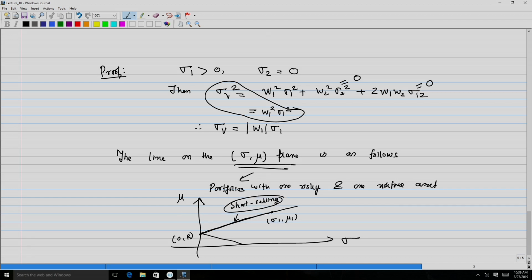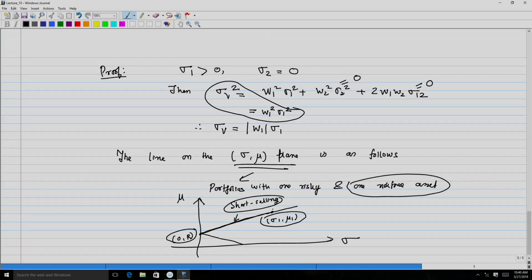right. So, amongst all these portfolios, this particular portfolio 0 r represents just a portfolio which comprises only of the risk free asset, and this portfolio here is a portfolio with no risk free asset, but only just the risky asset. Alright, so this brings me to a very important concept known as the market portfolio, and market portfolio in